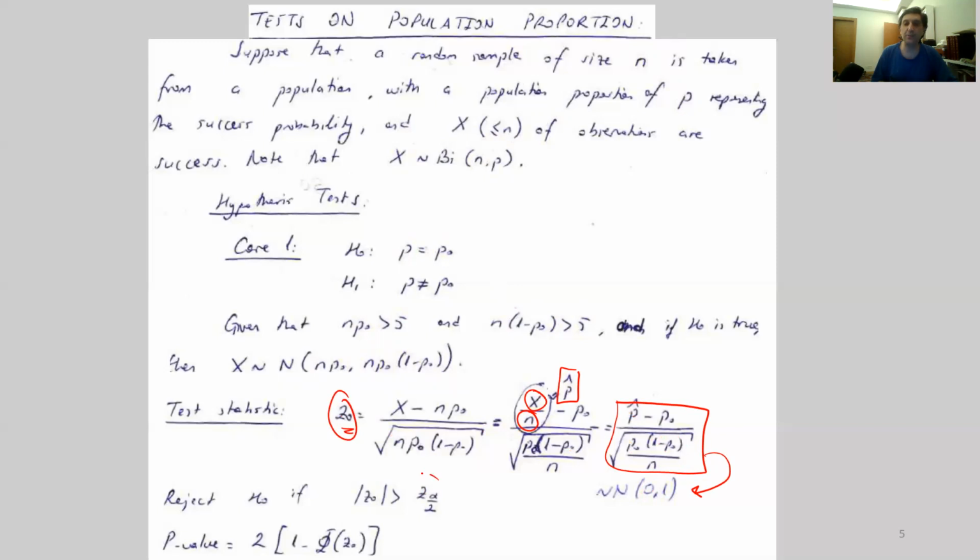Then we are going to compare it with the Z alpha over 2 value. If it's greater than the Z alpha over 2 value, we are going to reject the null hypothesis and accept the alternative hypothesis. That's the basic thing. And for the other cases, for the other inequalities, you are going to adjust this procedure, converting to Z alpha, and comparing in the right direction. You should adapt it for the other cases. And the p-value, for this case, is again going to be exactly the same. We are going to find it using exactly the same method we have used to find the p-value in other cases.